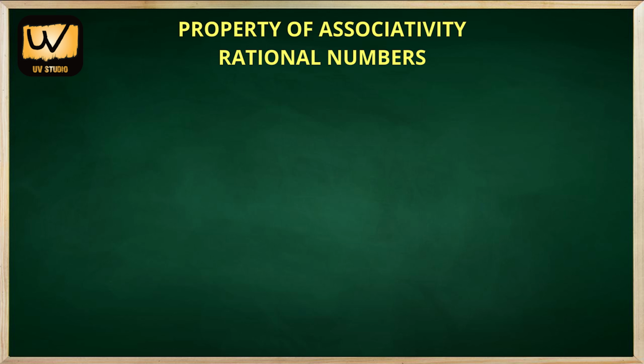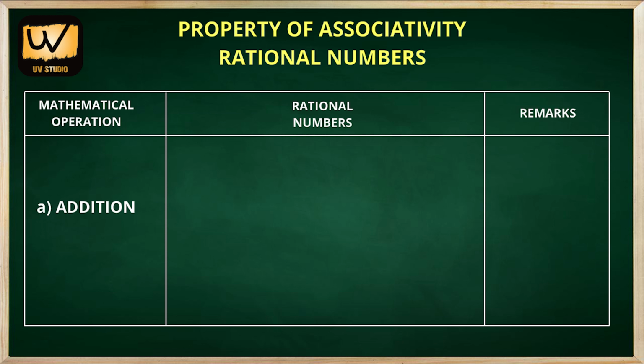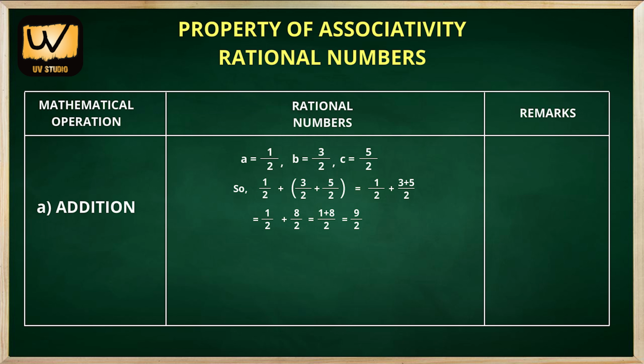Now let us check the property of associativity for rational numbers. Here are your columns: mathematical operations, numbers and remarks. Let us go to the first mathematical operation, addition for rational numbers. A is equal to 1/2, B is equal to 3/2 and C is equal to 5/2. So taking A plus (B plus C): 1/2 plus (3/2 plus 5/2). That will give you 1/2 as it is, plus